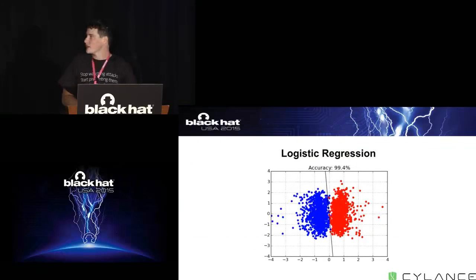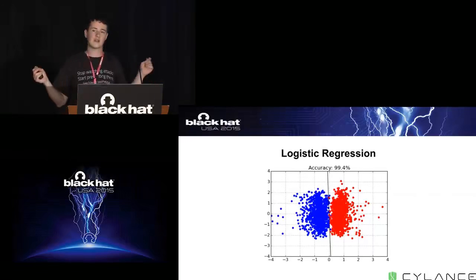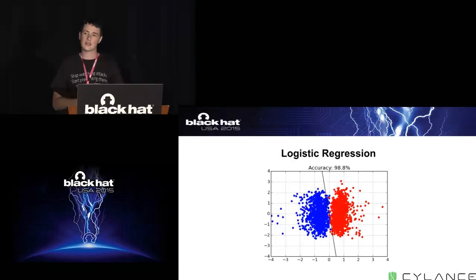So I cooked up some animations for you. What we're seeing here is a model called logistic regression. Logistic regression is going to have the assumption that in whatever feature space you're operating in, your data is linearly separable. And if it's not linearly separable, then this line that it draws isn't going to perfectly discriminate things. But in a lot of cases, you can get some reasonable accuracy out of it.